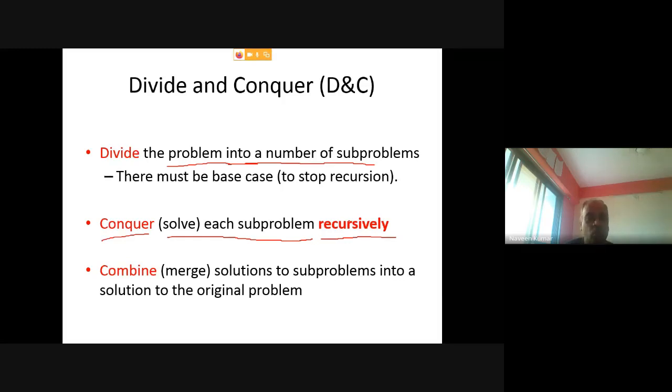So keep on recursively solving the sub problem. Every sub problem is now individual, independent. You can solve them recursively. Repeat the same step: divide into sub problems, then solve them recursively, then combine the solution. Combine means what? When all the sub problems are sorted, merge these sub problems into one solution. So you will get the solution of that bigger problem.